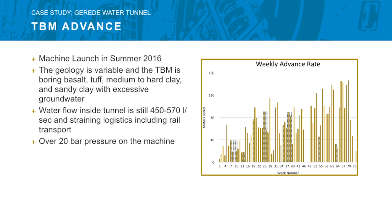We did bore at 10 bar mostly every day. At times we got up to 20 bar, where we would stop boring and do the drilling and grout injection. And the highest pressure ever, on several occasions, was around 26, 27 bar. So the machine did encounter 26 bar pressure on several occasions, 20 bar on many occasions, and 10 bar